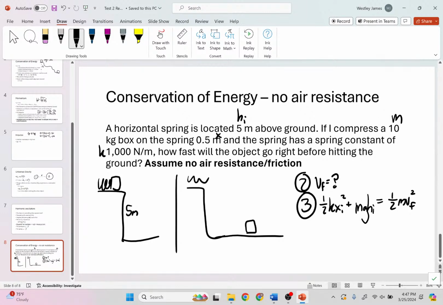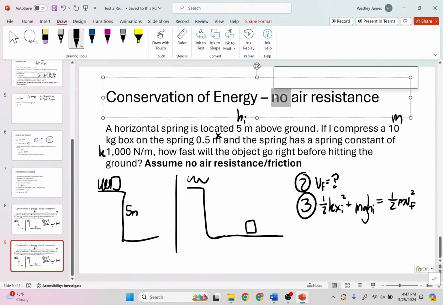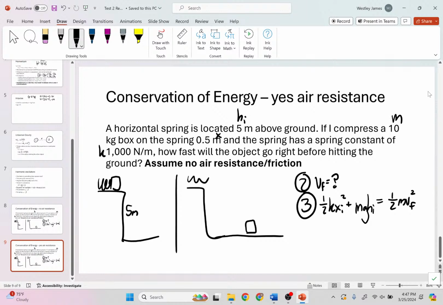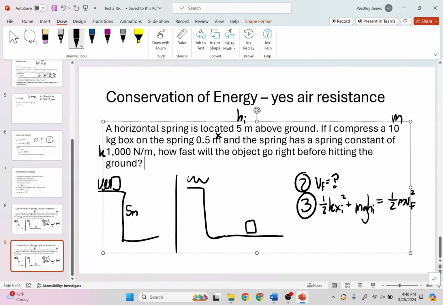What would it look like to have the same problem with air resistance, which is totally not correct English, but it's good enough. It gets the idea across. So what would it look like? It would look identical, but I'd change a couple things. I would still have the spring start here. Great. But here at the end,